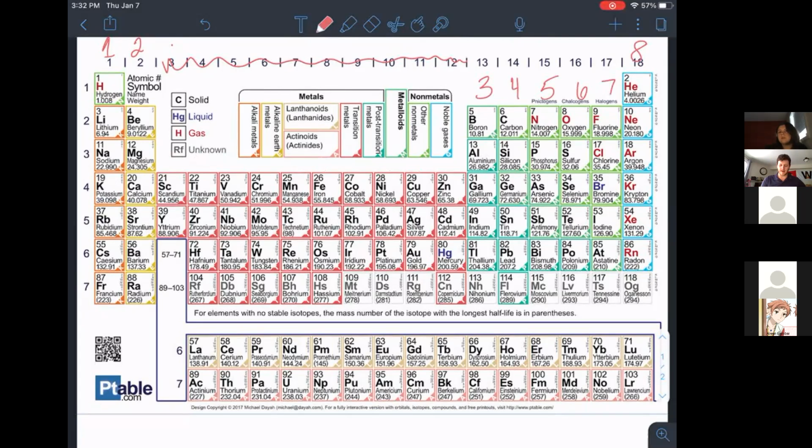So all the transition metals we're skipping over, because where do we have to look to find our number of valence electrons for these elements? Do you guys remember what it's called? Perfect. Our polyatomic ion sheet is where we have to look for these ones, because these ones are special in the fact that they don't put their electrons in the outermost shell. Their electrons actually go in the shell beforehand,